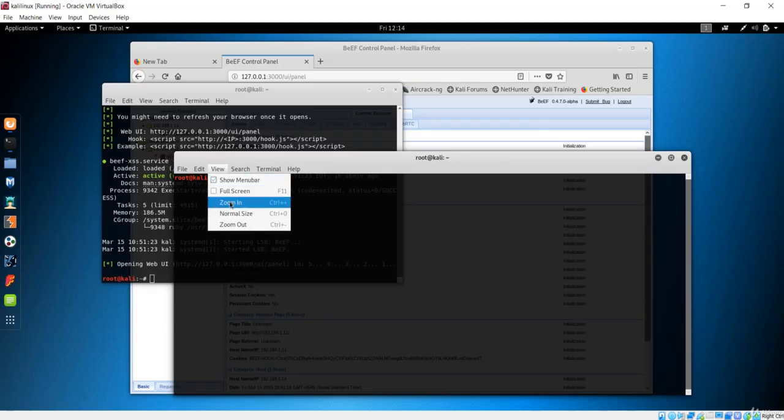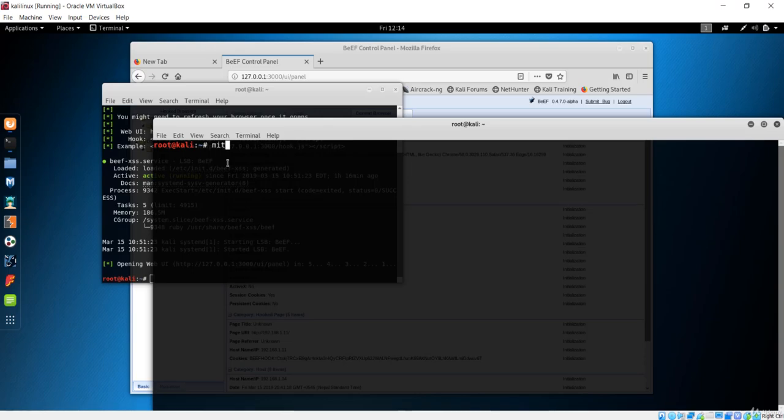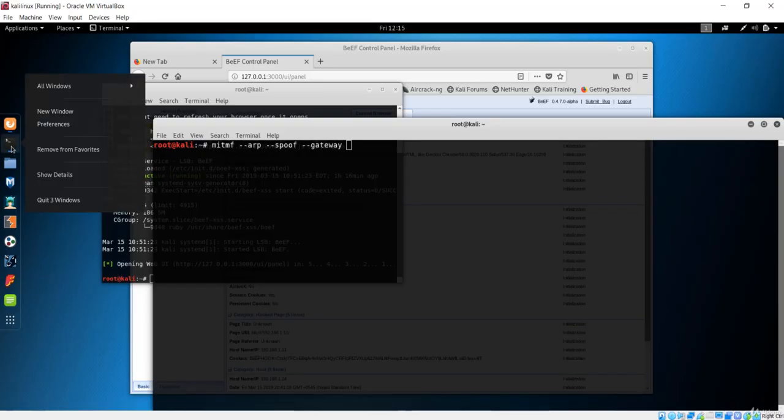We have already seen this code. First of all, you have to use this man in the middle framework, and after that you use the argument ARP spoof, because this is the technique of ARP spoofing. Then let's set the gateway. The gateway is the first address of the network connected to this browser.